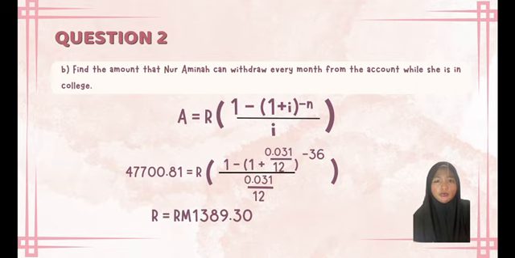So the solution is S equals 35,000 bracket 1 plus 31 over 12,000 close bracket to the power 120. So at the end, the answer is S equals 47,720 ringgit 18 cent. Next, for B, find the amount that Nur Aminah can withdraw every month from the account while she is in college. So we can use the formula A equals R open bracket 1 minus